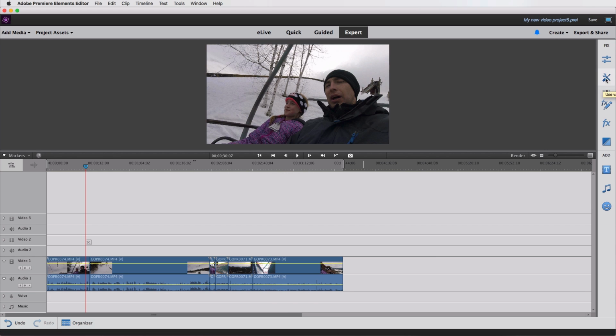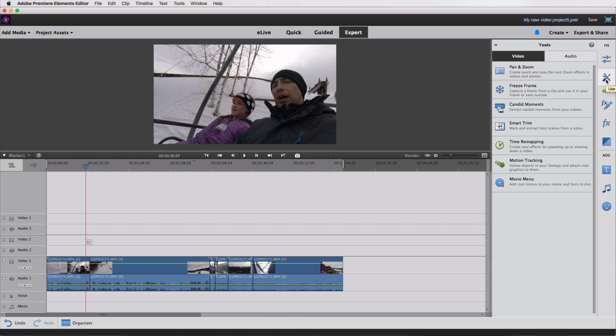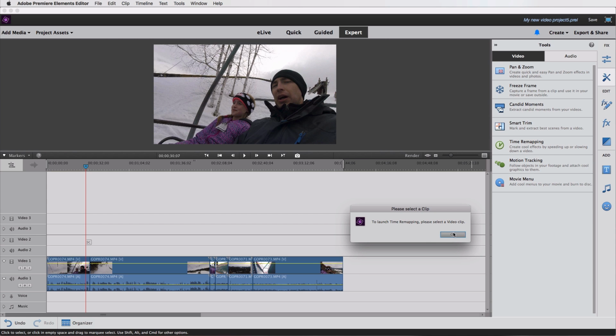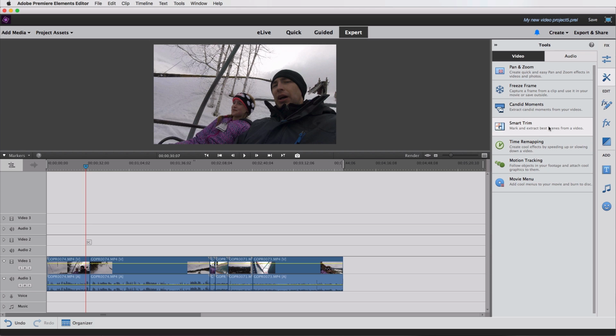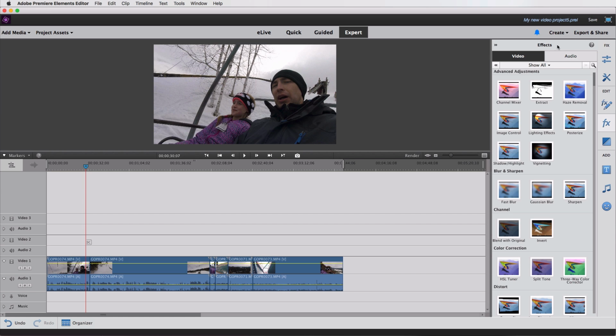And then over on the right hand side, you'll see a place where you can add special effects. You could do things like slow motion or fast forward and things like that, just to kind of spice things up a little bit. Over here on the right hand side is where you would find all of those options. So there's a lot of tools over there that you can check out,